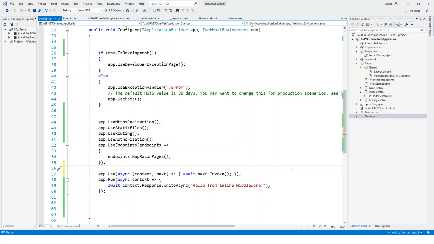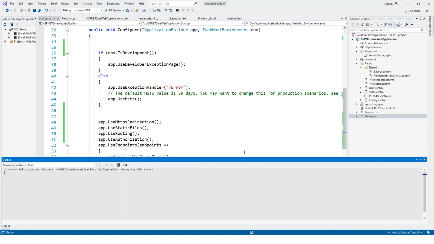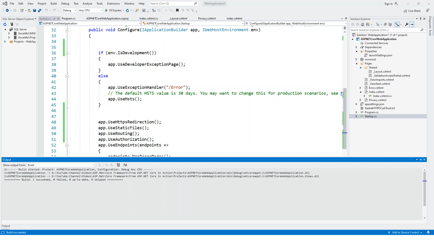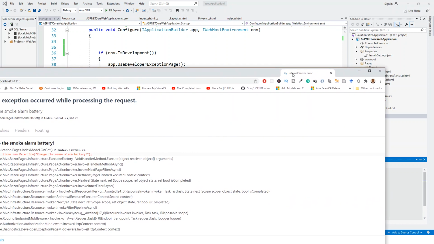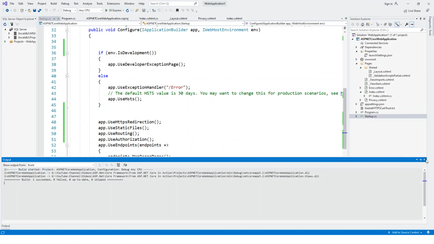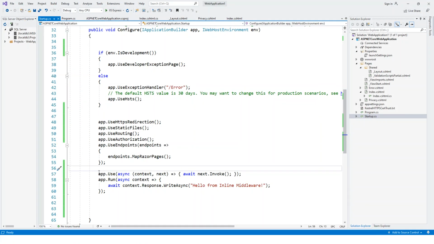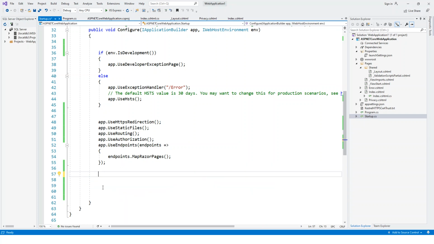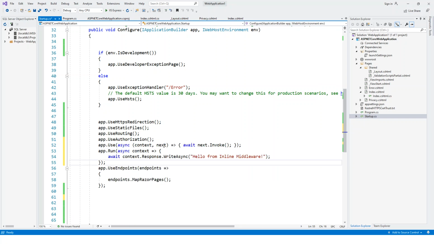Now basically if you run this application, nothing else will happen. This is just for chaining the request delegates that I have shown you, but let's run this and the output will be exactly the same. You will come up with a developer exception page again. Yeah, okay, so the developer exception page is there the same way as it was without this Use. So if you just swap over the position again and put it just before or at the top, it will come back with the response,